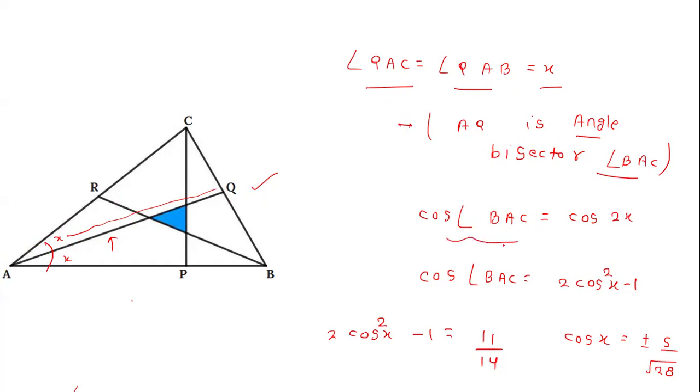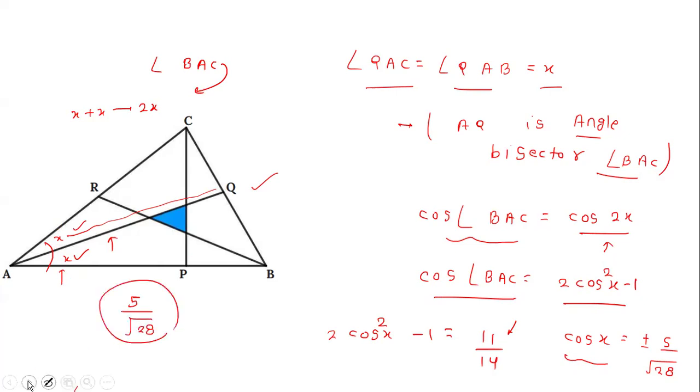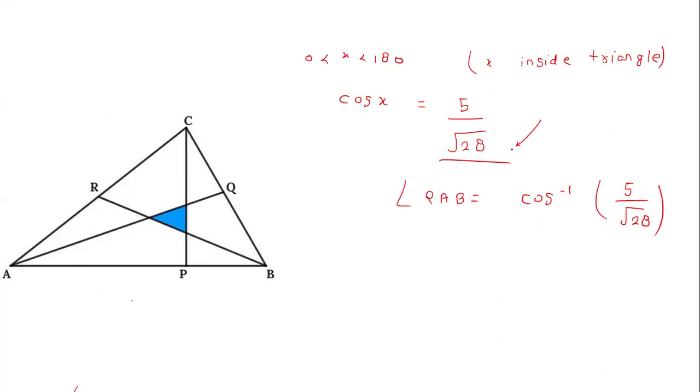So we previously calculated cos of the angle BAC. So if we see, it will become cos of 2x, because this x plus this x will become x plus x, like 2x, which is representing the angle BAC. And we calculated this as 11 by 14, and we also know cos of 2x is 2 times cos x whole square minus 1. So from here you can calculate the value of cos x. It will come plus minus 5 by root 28. But we know this angle is less than 90 degrees, so we only take the positive. So it will come 5 by root 28.